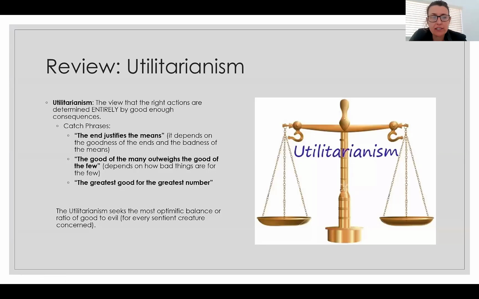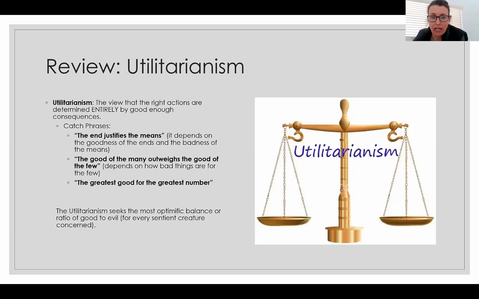Utilitarianism, here's some catchphrases. The end justifies the means. You hear that thrown out in popular culture all the time, and I always sort of cringe because it's sort of right. Like bumper stickers, they're sort of right, but you need to define things carefully in order to be correct. So it really depends on what the ends are, and what the means is. So it's not like any ends is justified by the means. Or I'm sorry, it's not that any sort of means would be justified by the ends.